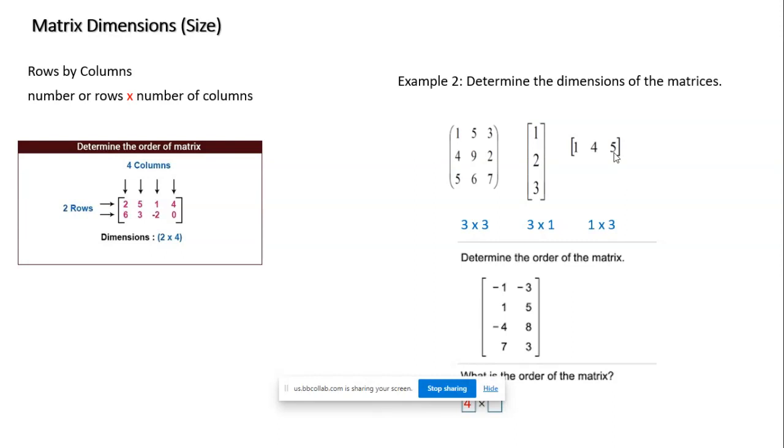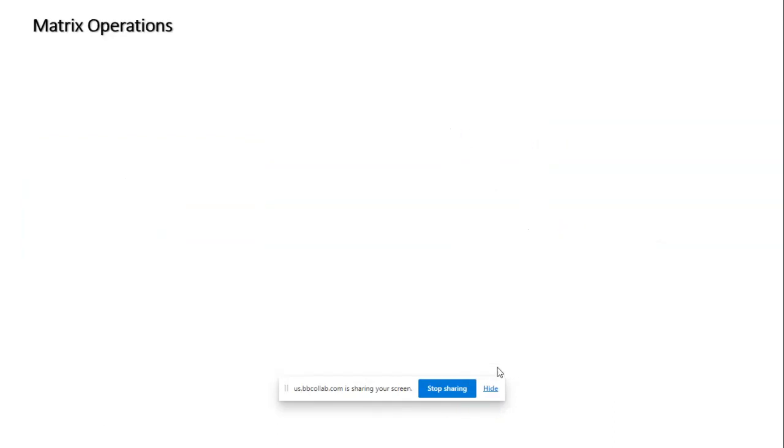The order of the matrix, again, this is a 4, 1, 2, 3, 4 rows and 2 columns. So whenever they ask you the order of the matrix, what they're also asking you is the dimensions or the size. Okay. All right. So now that we have some information on matrices,